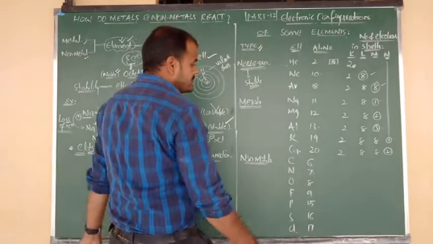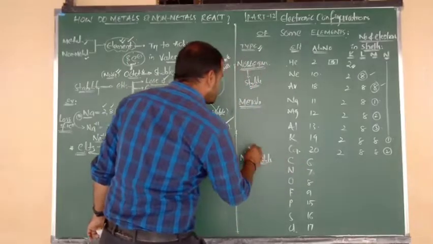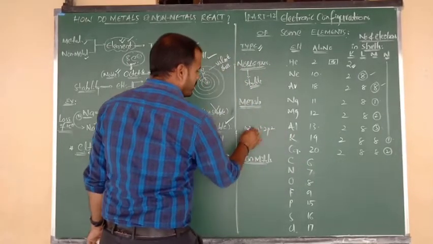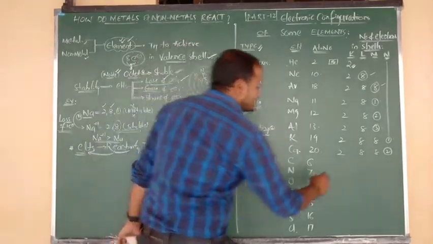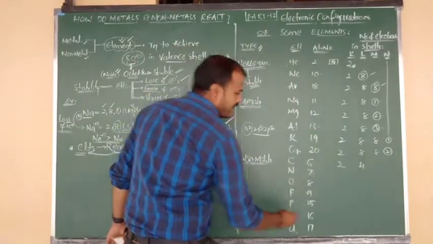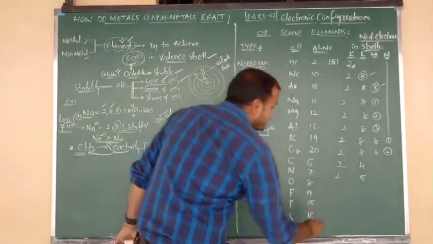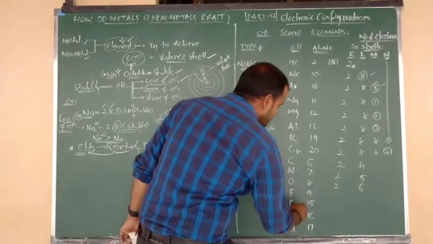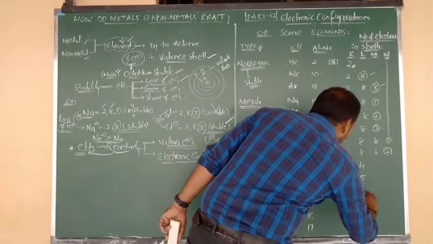Yes. So first of all carbon. Carbon electronic configuration is 1s2, 2s2, 2p2. First orbit contains 2 electrons, second orbit contains 4 electrons. And here one electron increased. First orbit contains 2, second orbit contains 5. Here one more increased. First orbit contains 2, second one contains 6. Here another increased in the case of fluorine. First orbit contains 2 and the second one contains 7.